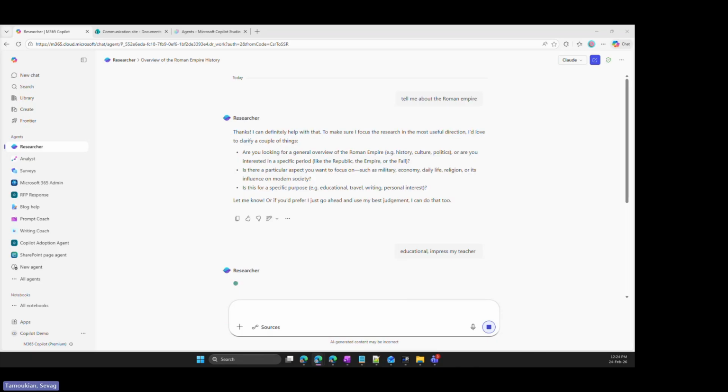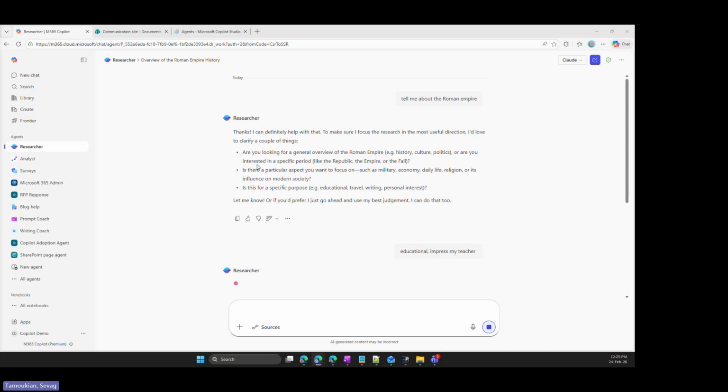Now, the difference between researcher and just chatting with Copilot would be researcher can take up to 5, 10, 20 minutes for it to go and do the research and write those lots of pages of information that you ask for. So you can see the behavior. I'm getting an answer from just chatting with Copilot on the same subject, but when I give it to a specialist, the specialist, it started by asking me more questions. Why do you want to use it? Do you want me to write it in a specific tone? Do you want me to omit or add some information, so on and so forth?